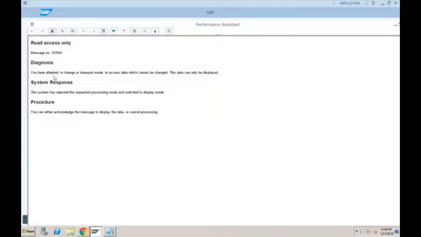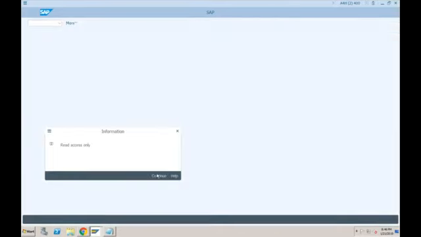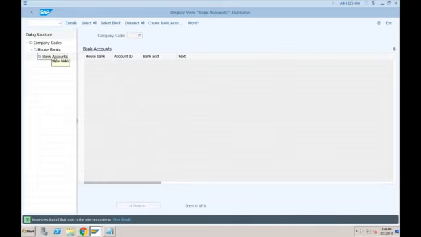it says you have attempted to access data which cannot be changed, this can only be displayed. So in short, they just made the view access available here, which means once your house bank accounts are created using SAP Fiori, you can see them here, but you cannot create them in this system. As I told you, I'm just giving you the overview as of now. When we talk about the new cash management, I will show you some of the Fiori apps using which you will be able to create the account IDs.